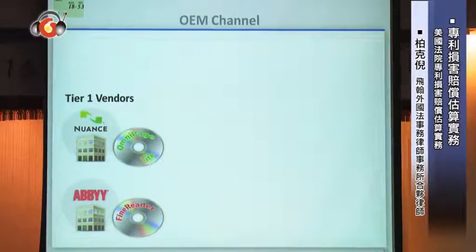Now, what Nuance considered very important was the quality of the software. Its customers wanted the highest quality OCR software there is. And you're going to hear other experts talk about the quality of Abby's software and the quality of Nuance's software. Even though they'll say Nuance's software is a little better than Abby's, there's no question that Abby's and Nuance's software is so much better than anything else on the market that if you want high-quality OCR, if you want the best quality for your customers, there are only two choices.